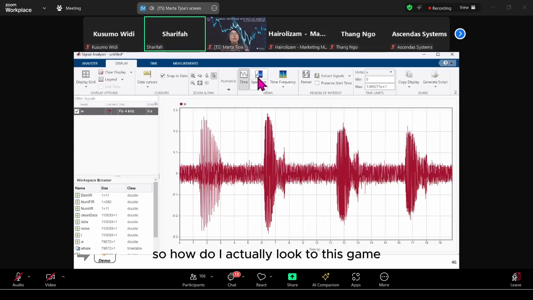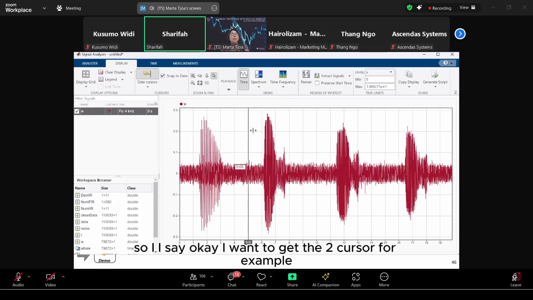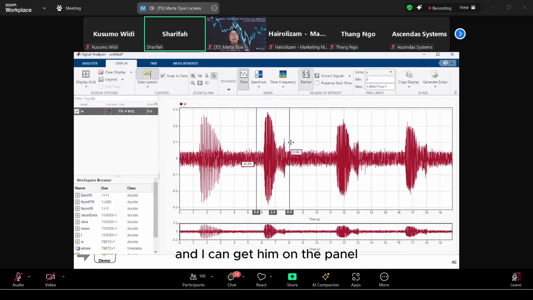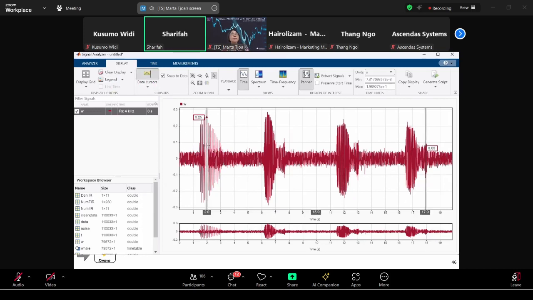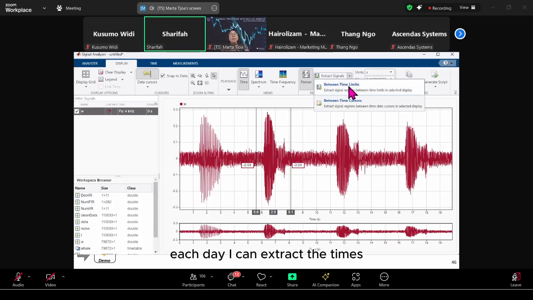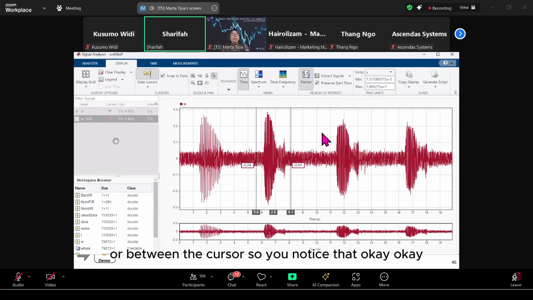So how do I actually look through this? I can set the cursor if you want to. I say I want to get 2 cursors, for example, and I can turn on the panel. And I say preserve the times. I can extract the times. I can extract between the time limits or between the cursors. So you notice that,